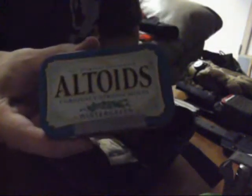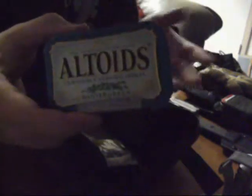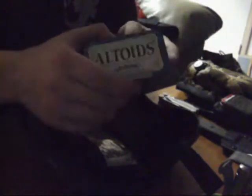Altoids tin. This isn't the Altoids survival tin. This is actually a mini first aid kit. You get a lot of bandages in there. I have some Tylenol in there. I have some antibacterial rub in there as well for little cuts and scratches and things like that. You can also use the bandana to work as a bandage as well. But a little first aid kit. And in the center, what I have